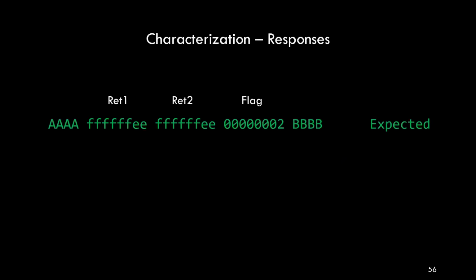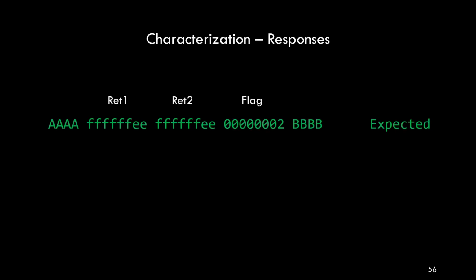So the type of responses that we expect, well, of course, when we inject a glitch that is not strong enough, we expect the following. The call of the first SMC returns an error. The call of the second SMC returns also an error. And the flag field that we dereference directly from the U-boot code is 2, because that's the value that is set up by the device when the device is initialized.